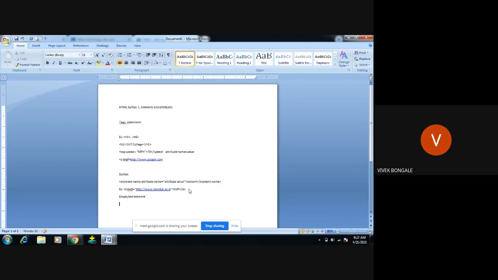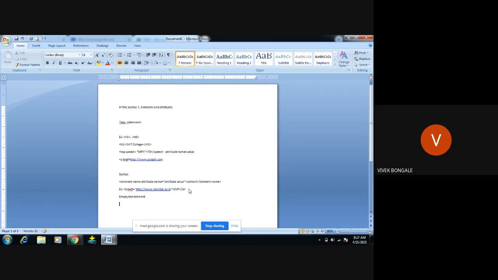By the name only we can say empty text element. That element means a tag. I am going to use some tags, but after using the tag, I am not giving any attribute value or any content value.